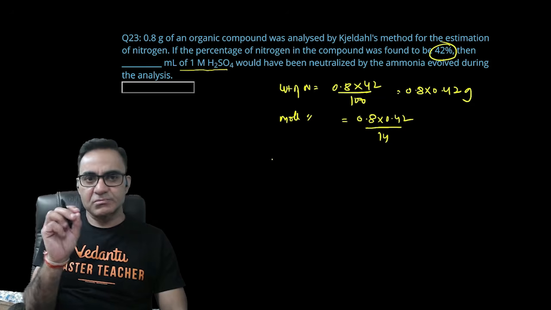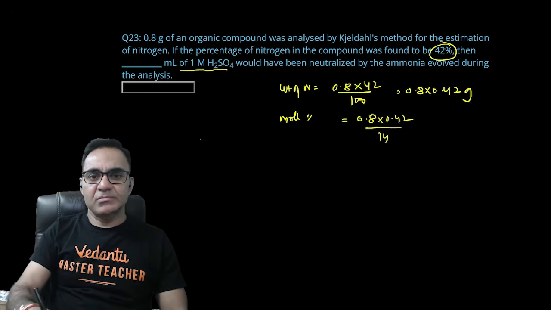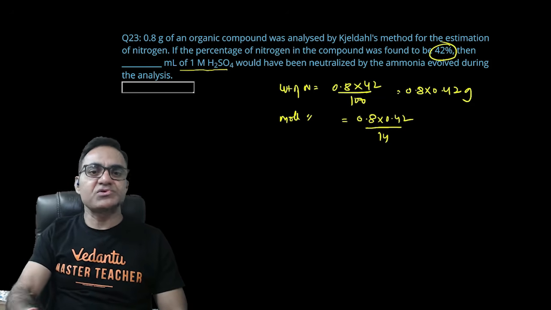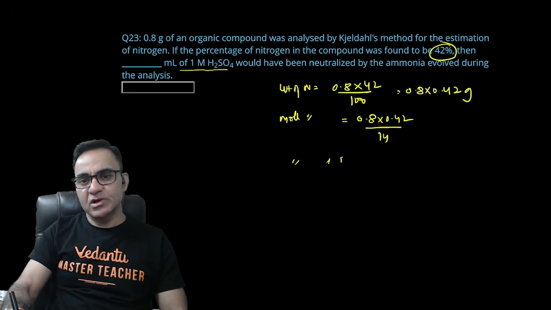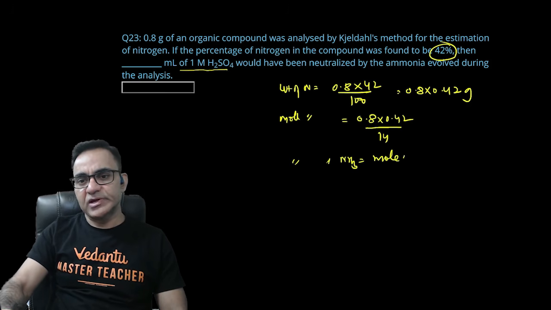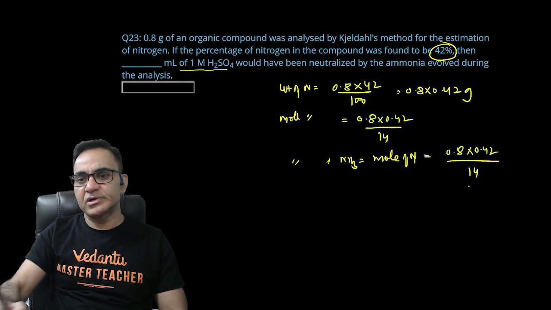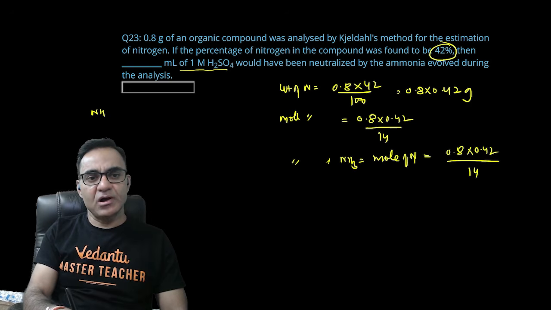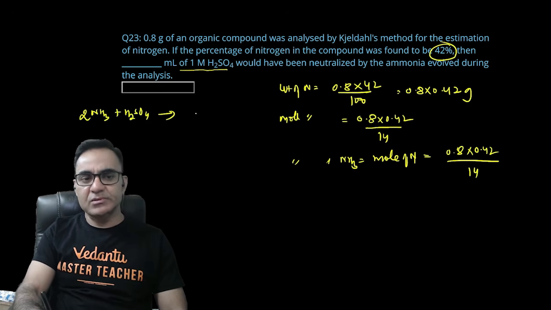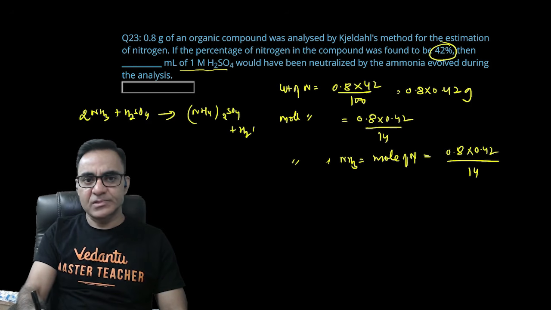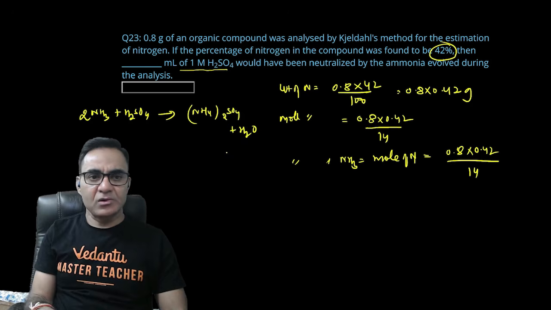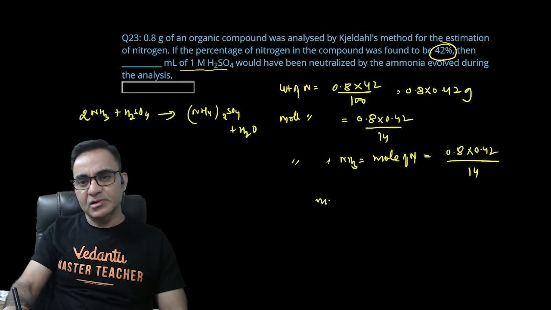जितना मोल नाइट्रोजन ऑर्गेनिक कंपाउंड में प्रेजेंट होगा उतना मोल NH3 बनेगा। तो मोल ऑफ NH3 इज इक्वल टू मोल ऑफ नाइट्रोजन विच इज इक्वल टू 0.8 इंटू 0.42 डिवाइडेड बाई 14। और जब अमोनिया और H2SO4 का रिएक्शन होगा, दो अमोनिया एक मोल H2SO4 से रिएक्ट करता है और NH4 whole twice SO4 बनता है प्लस वाटर। तो जितना मोल अमोनिया बना होगा उसका हाफ मोल H2SO4 होगा।